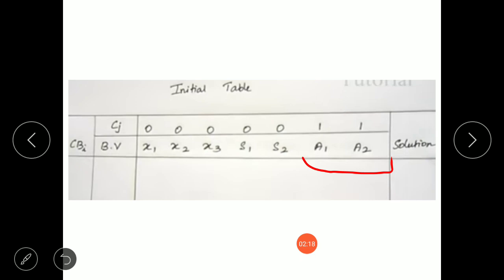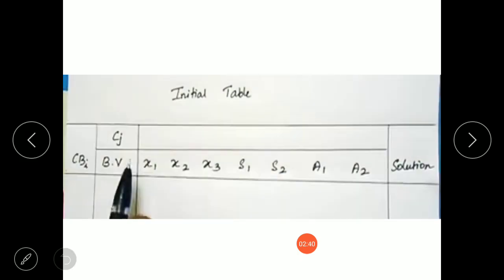Now next step, we need to fill the basic variable column. For filling the basic variable column, what we used to do in the simplex method, we used to write all the newly introduced variables in this basic variable column. But here there's a slight change.